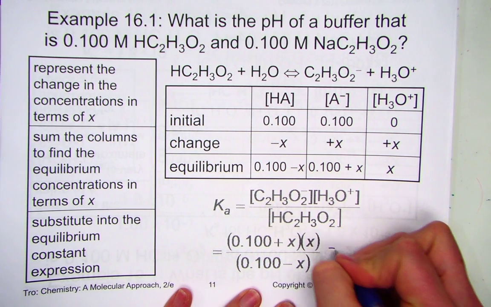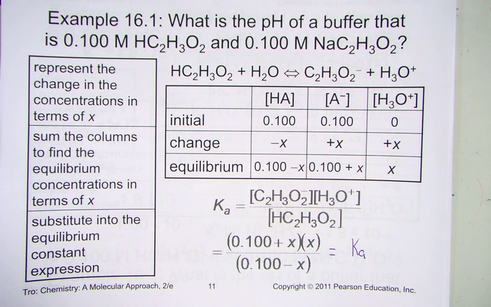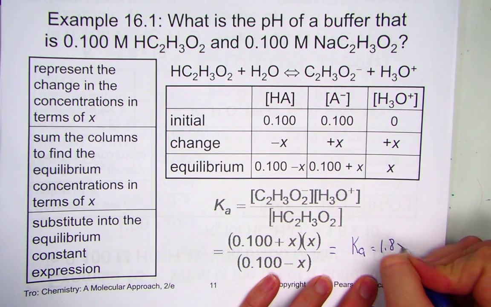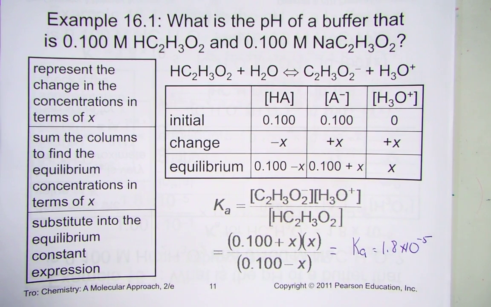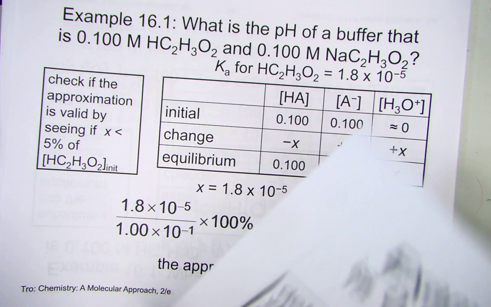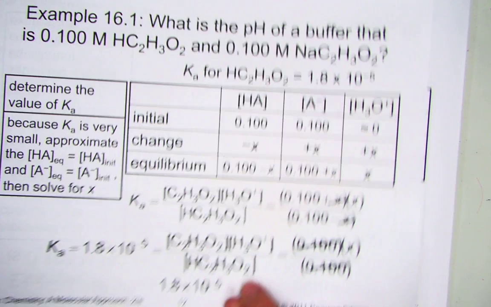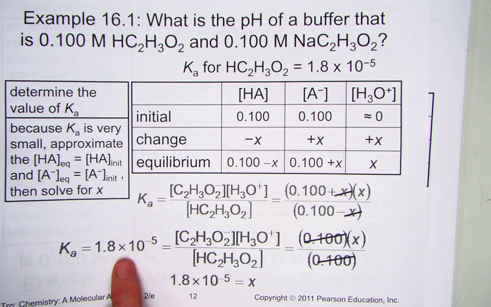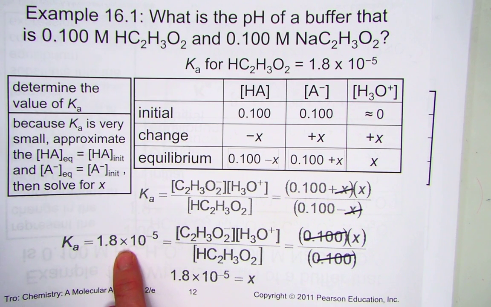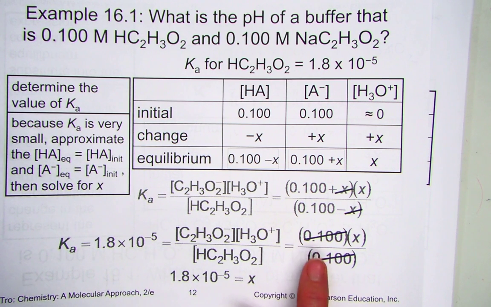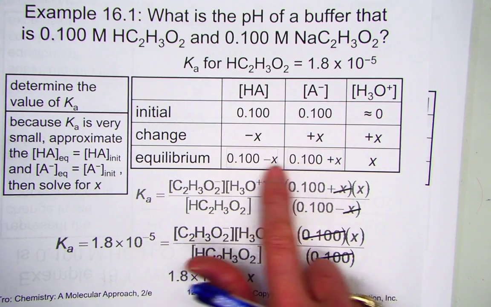What we set that equal to is the Ka for acetic acid. That's something that we will have to look up, or it usually is provided in the story problem. The Ka usually is a constant well enough that I know, 1.8 times 10 to the negative fifth, the constant for acetic acid. Flip the page and we'll see the algebra. Finding the value of 1.8 times 10 to the negative fifth, and we subbed in the value of the concentrations at equilibrium, 0.1 minus X for HA, 0.1 plus X